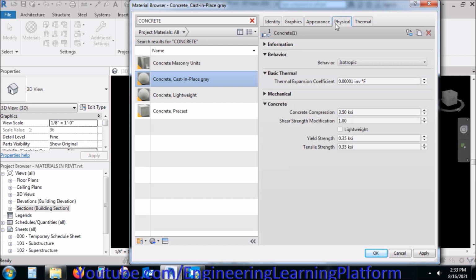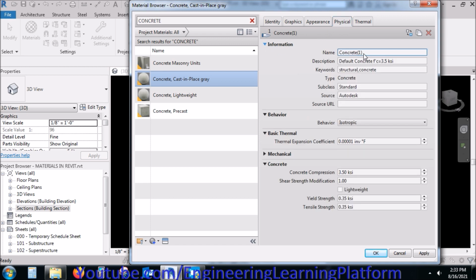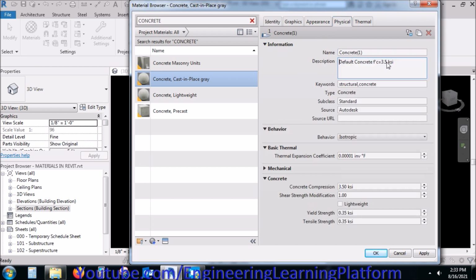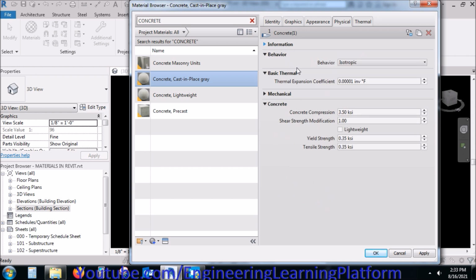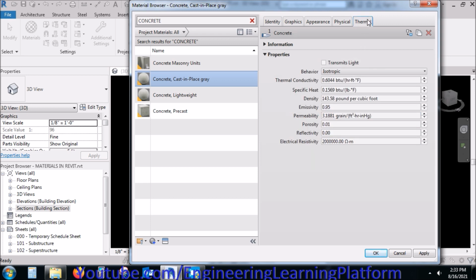The physical properties for the structural model are most important. Here we will modify the strength attributes of the material, and click on apply.